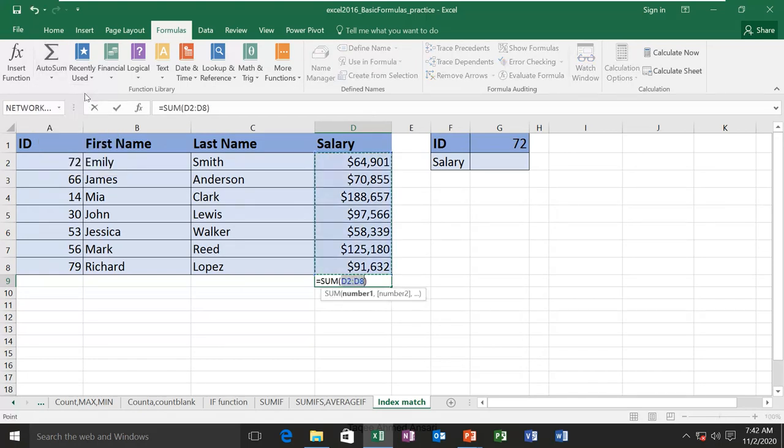If I click on this, you can see it automatically added the function and also included the range. I just have to press enter and I'm getting the total value. That is the auto sum function.